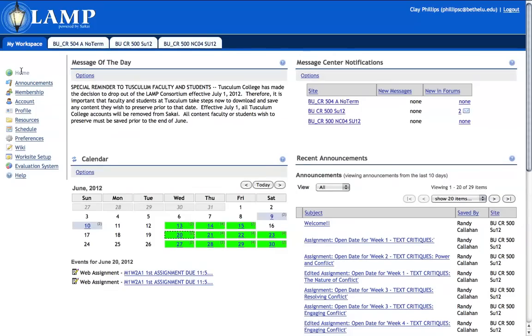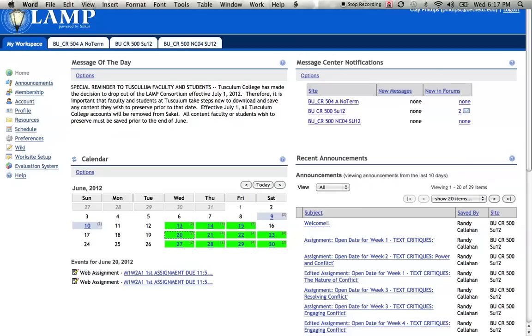Back to the home page. Let's take a look at the other tab or tabs you will have on your classroom page. Other than My Workspace tab, you'll have a tab for any course you're currently enrolled in. Here you will see a tab for your current course. On my page, we see these three course tabs, but we'll only select this one,